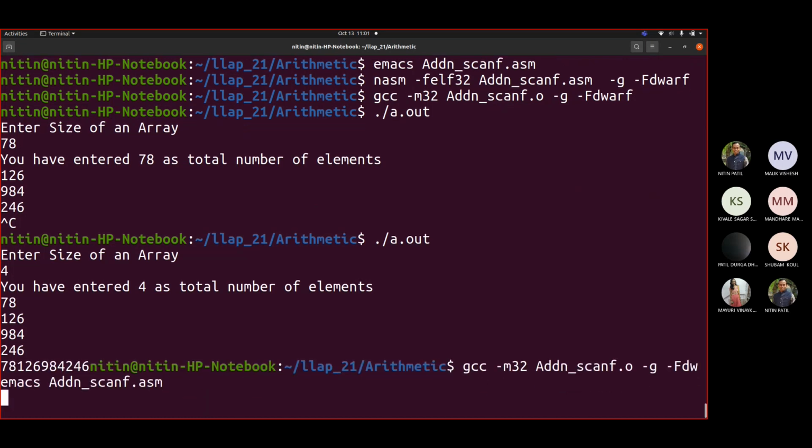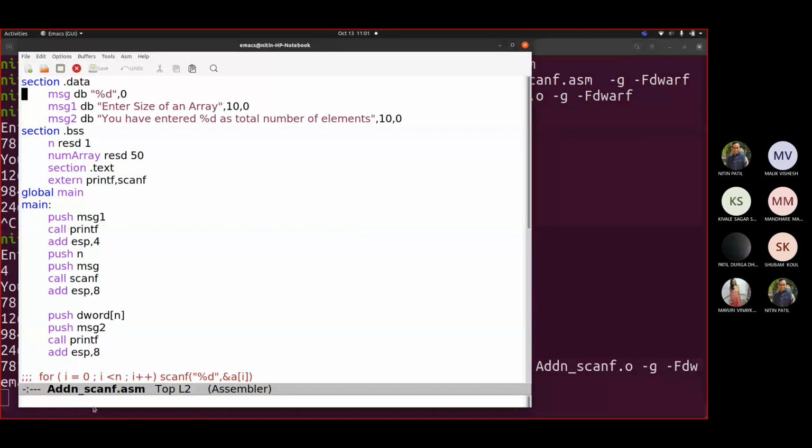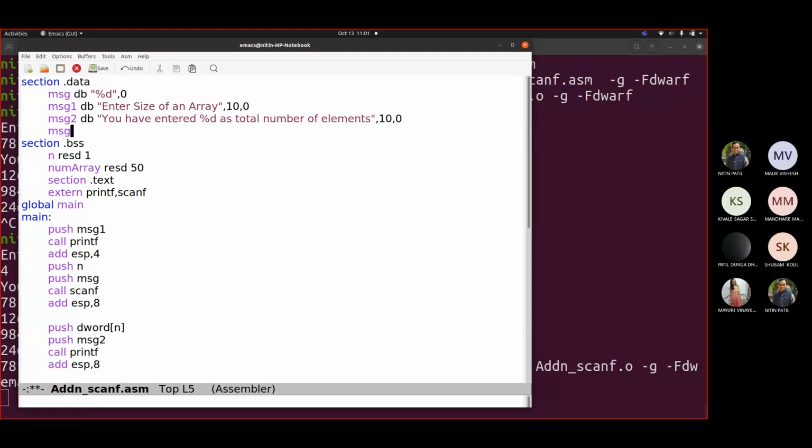So let us add their printf. So let us say MSG3 DB 10, comma, %d.